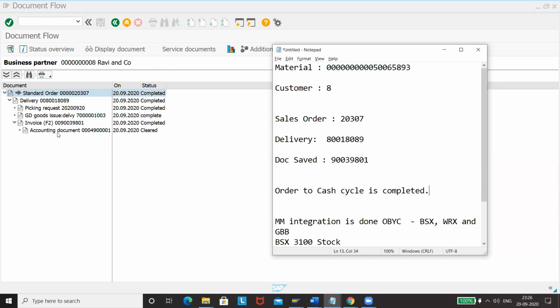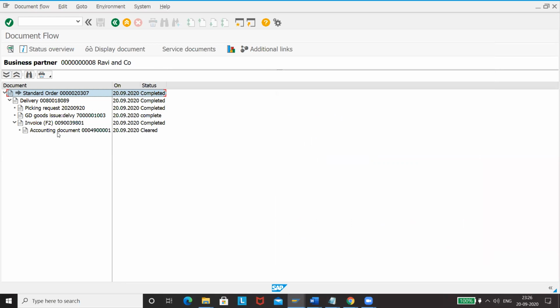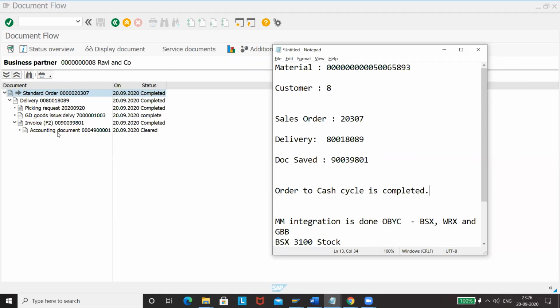So that is pretty much for today's session. It is a pretty exhaustive session. We've got a couple of challenges. We've been able to solve them over a period of time.